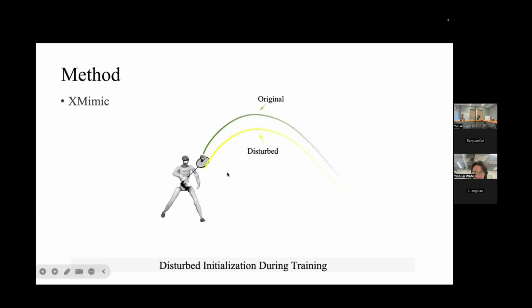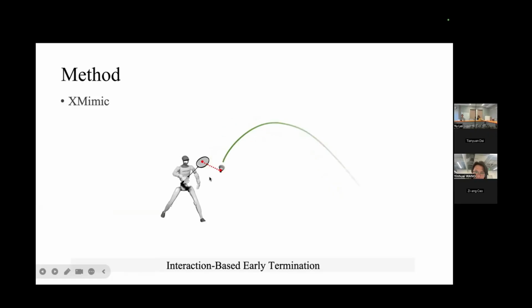And there is another problem we may encounter: if you disturb the object position too far, the humanoid may not hit the ball, so it may fail. So we introduced another trick called interaction-based early termination, which will check the interaction, the relative motion between the object and the body key points.